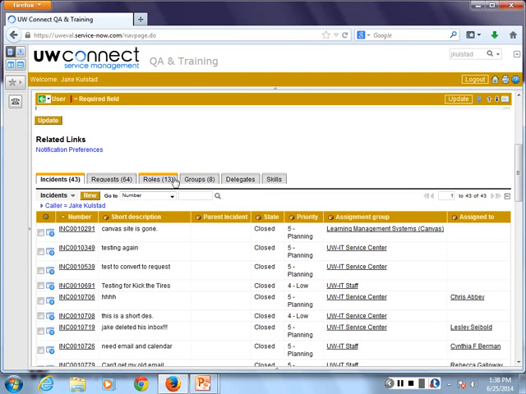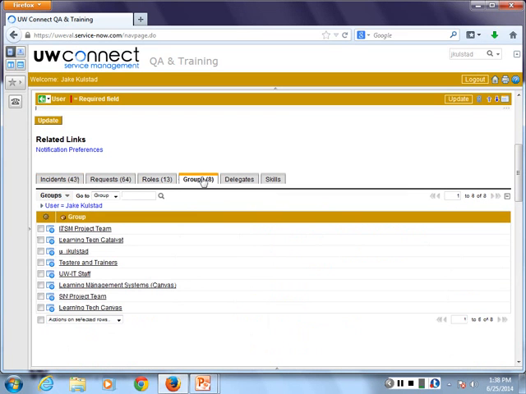If you would click on the fourth tab with me and click on Groups, this is going to show all of the assignment groups in the system that you are a member of. So when you look on that home page and you see My Groups Incidents, for example, that means there's an incident with one of these assignment groups present. Everyone see something that matters to them? If you only see UW IT staff, it means that your service manager has not added you to the appropriate groups and you need to talk to them.